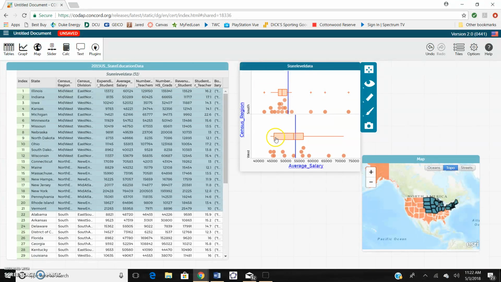So there's a lot more variability, but also a greater chance, since 50% of my data is above where it is in the south, that I will get paid more if I work out west. So if I'm basing my decision off of average salary alone, I would say that I would prefer to work